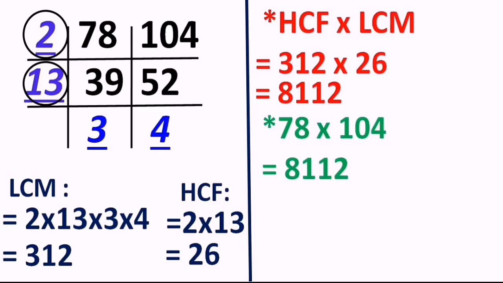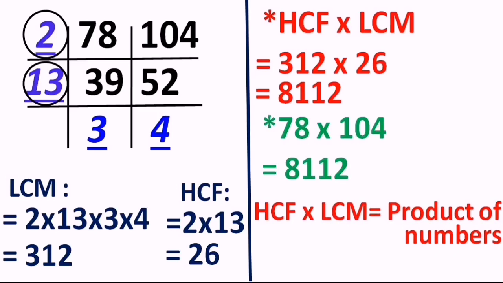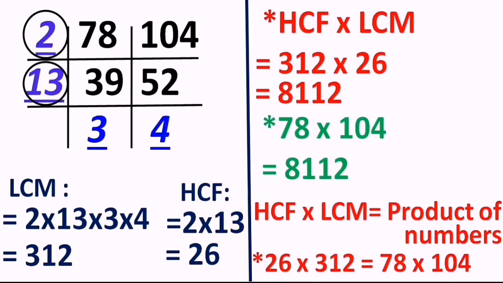Okay, so here we have verified one property, and that property is here on your screen: whenever we multiply HCF and LCM, and you multiply the numbers of which we found the HCF and LCM, you will come to know that both the multiplications are one and the same. So what we got over here, 8112, is same in both the cases, and so we can say 26 into 312 is equal to 78 into 104. Isn't it nice? Yes, this is question number 2, PS number 13, I guess, right? And you have to verify the property in this manner.